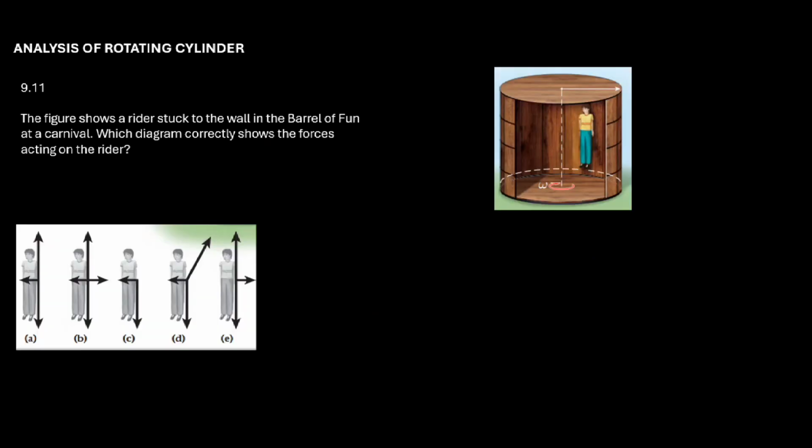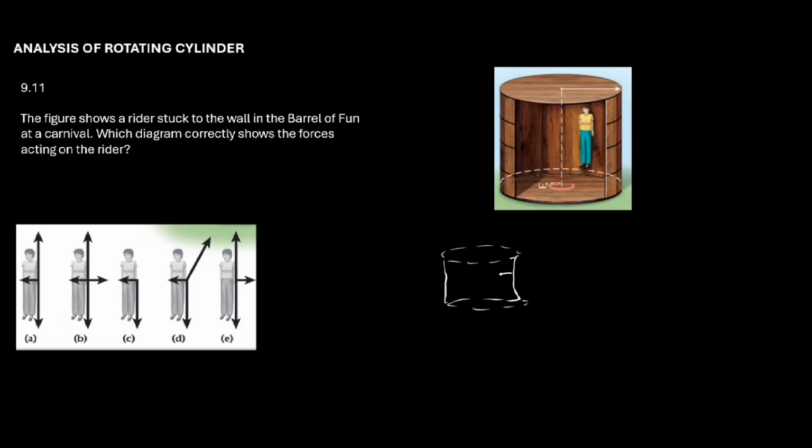Next, let's discuss a case of a rotating cylinder. In question 9.11, a figure shows a rider stuck to the wall in the barrel of fun at a carnival. Which diagram correctly shows the forces acting on the rider? A barrel of fun is a cylindrical ride that rotates with a specific angular velocity such that the rider is stuck to the wall of the barrel without falling. So if you have a cylindrical barrel like this,